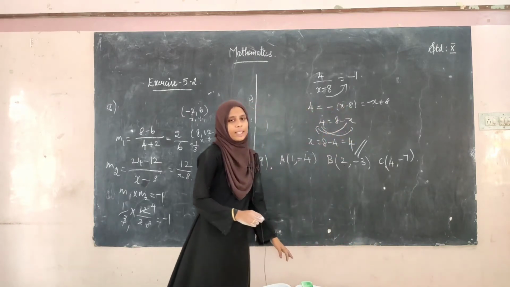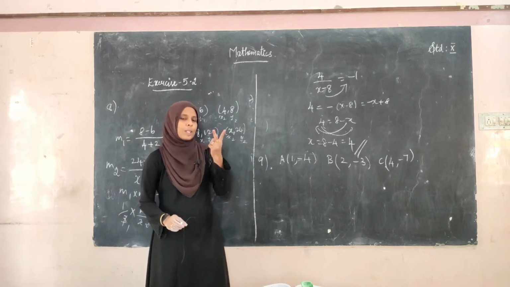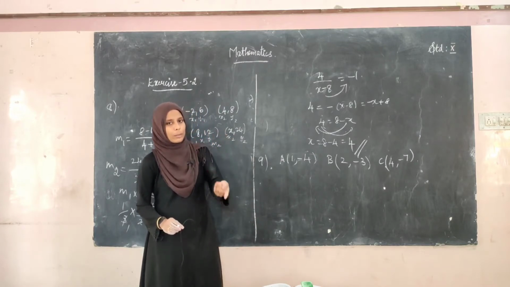So after finding that, if you get any two slopes satisfying the condition m1 into m2 equal to -1,